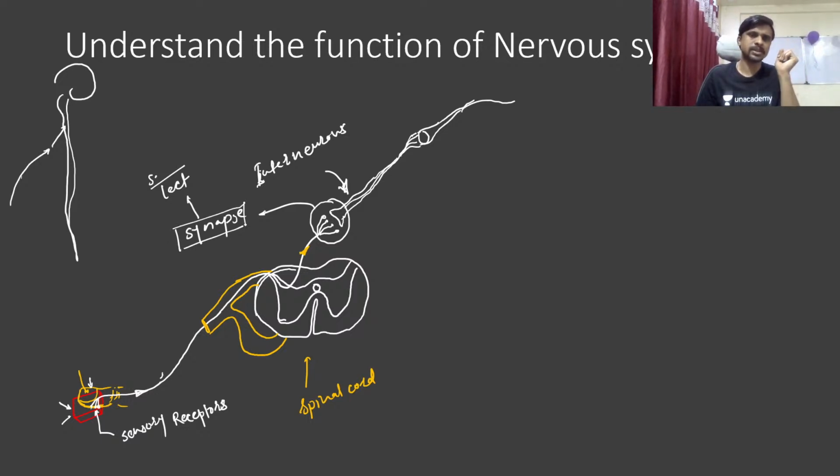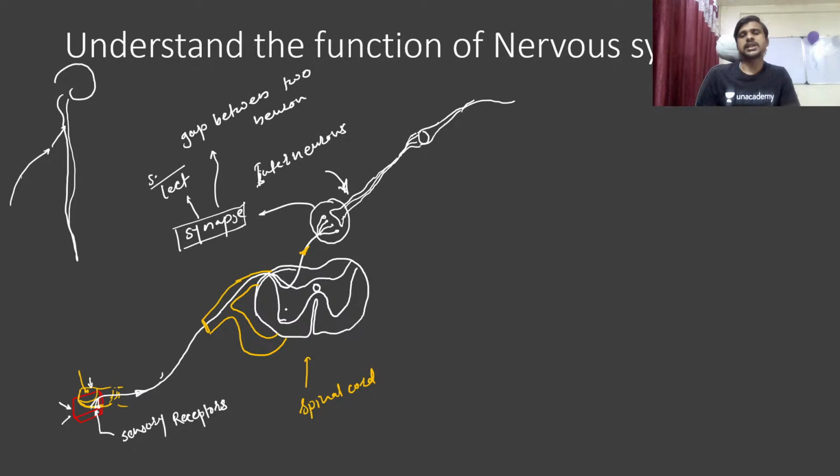What is meant by synapse? Synapse is nothing but the joint or the gap between two neurons. So here is a synapse, and when signals start moving toward the brain,